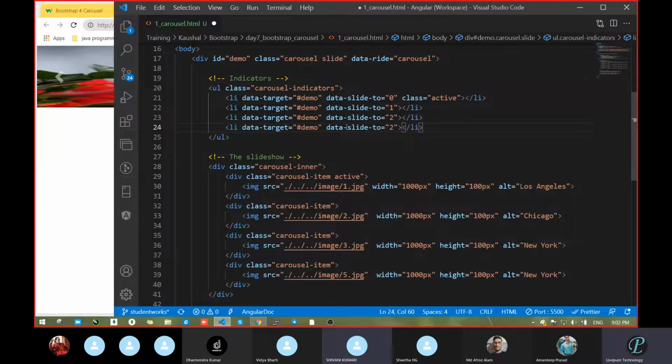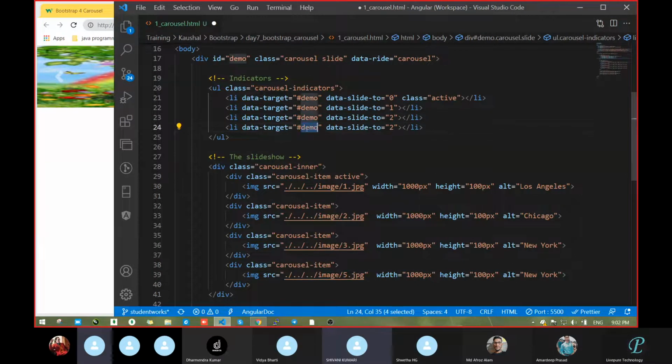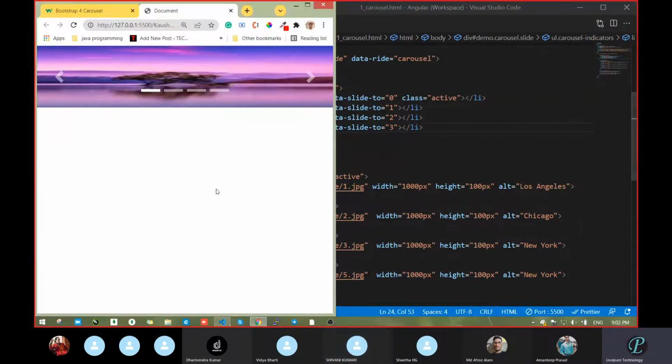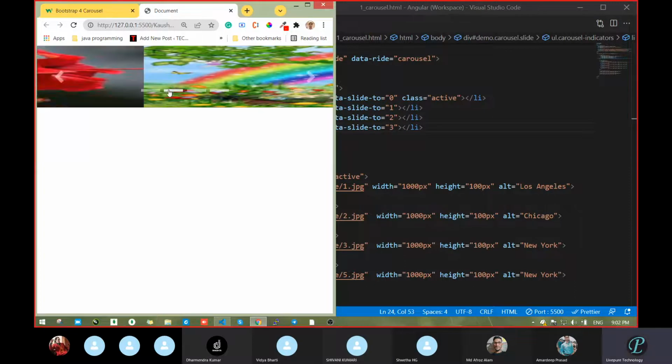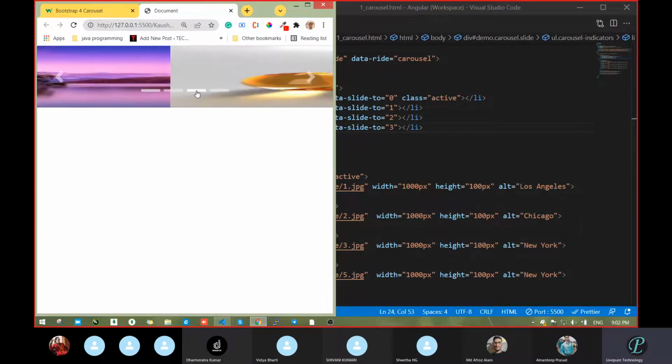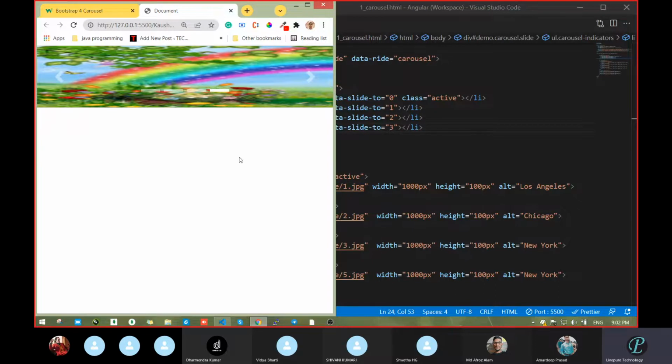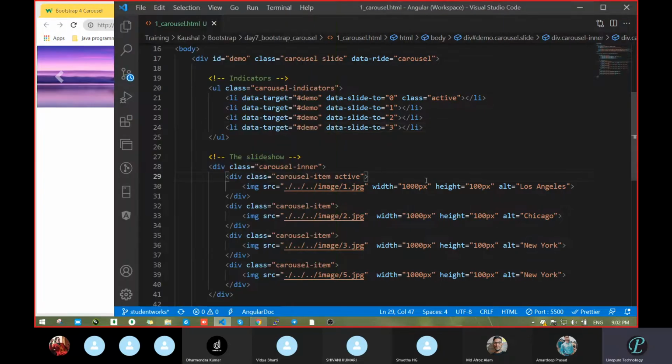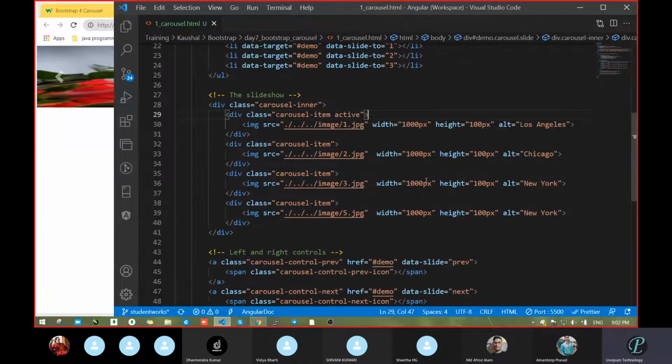Copy, okay, paste. Tell me where I have to change this line and what I have to change. Sir, in place of 2, take 3. Yes, sir. Okay, this one we have to change to 3. Fine. So let's see. Now when we click this, it has to go to the last one. So see, we got the last image. When you click that particular one, it targets that image. Got it? So the main motto behind this is that we have to know how to modify it. Then only we can add more and more as per requirement. Got it or not? Anyone having any issue?